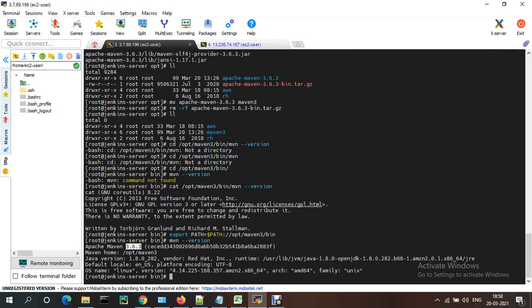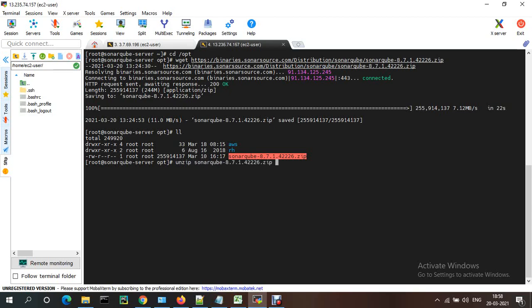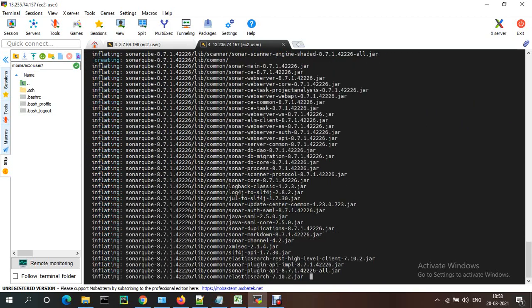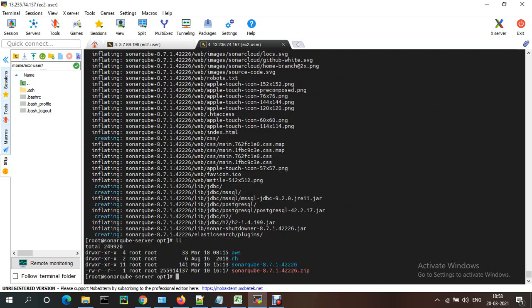Okay, now let me check the SonarQube. So Sonar, it is a zip file. To unzip this one, unzip sonarqube. Okay, it will be unzipped, and I just renamed it as SonarQube instead of Sonar 8.